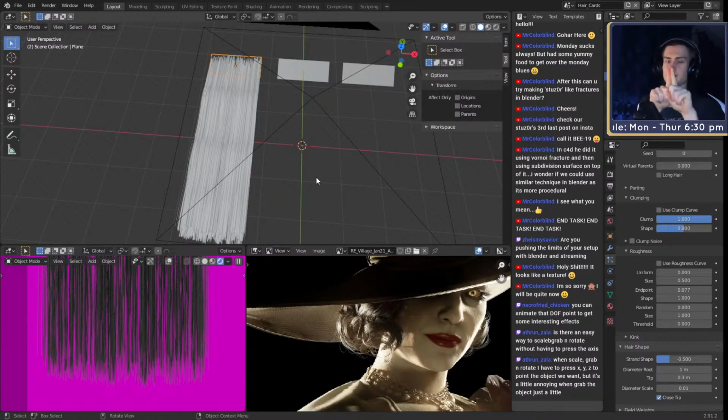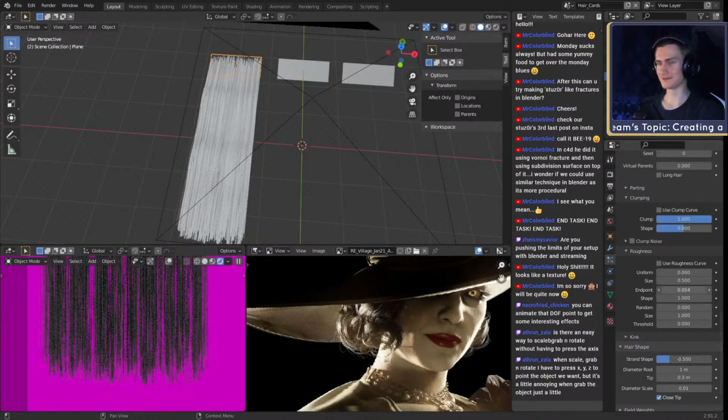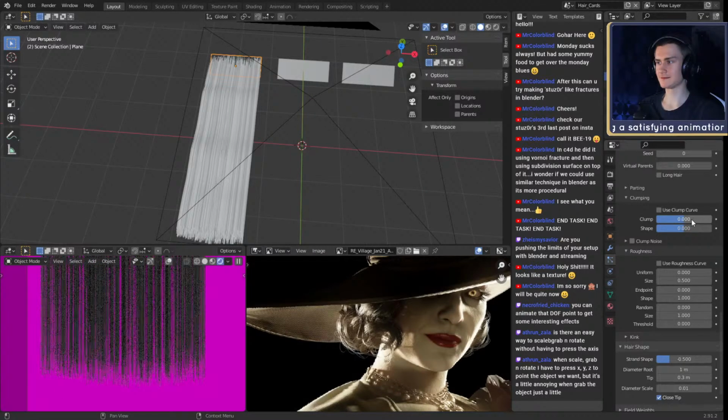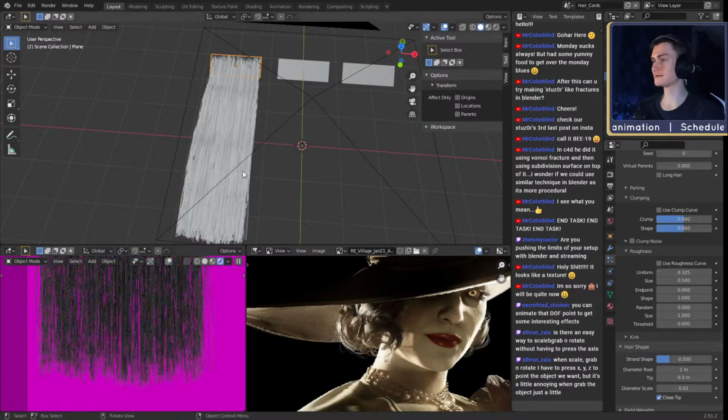So if you have hair that goes together, in the end it just goes apart again. That's basically what it does. We don't need endpoint, so we can just leave it at 0. Clump, we don't need that. And put the uniformity back to 0.325.